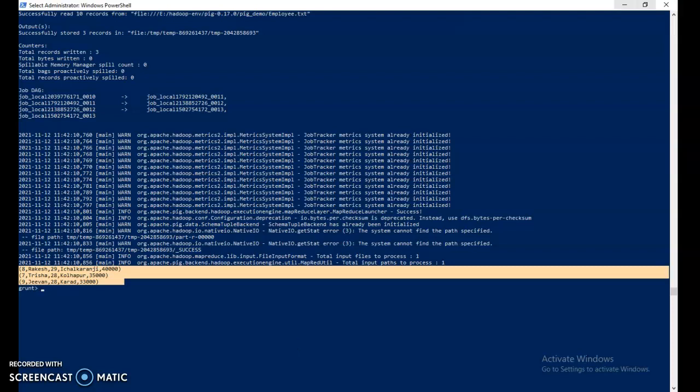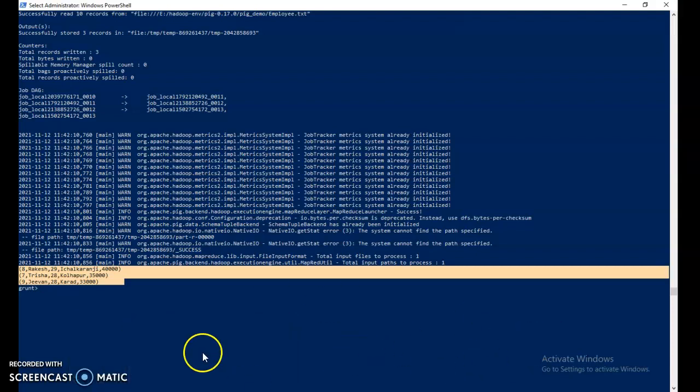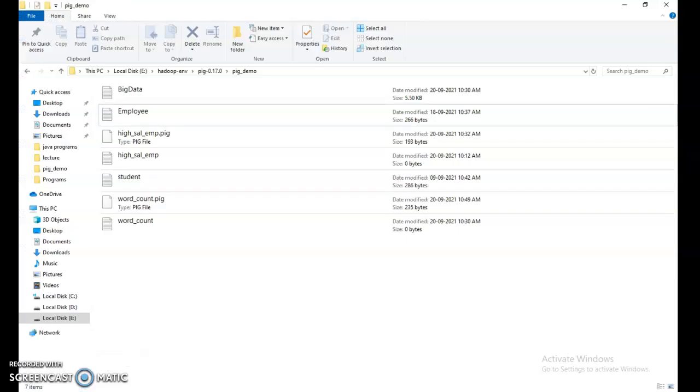For this we have to write a Pig Latin script. I have already written that script, so you can write this script in Notepad++. Just wait, I will show you.